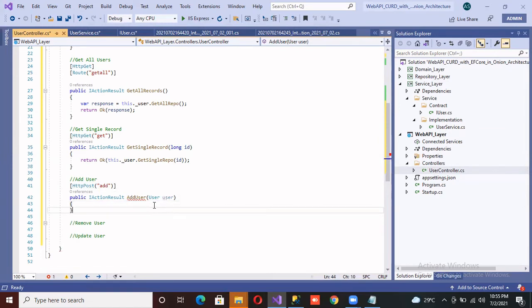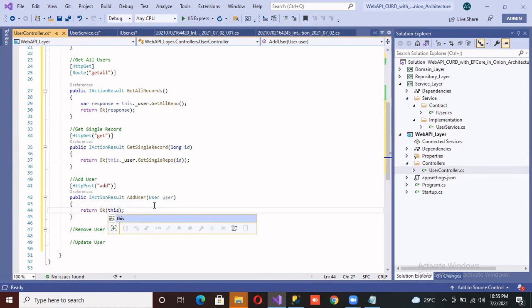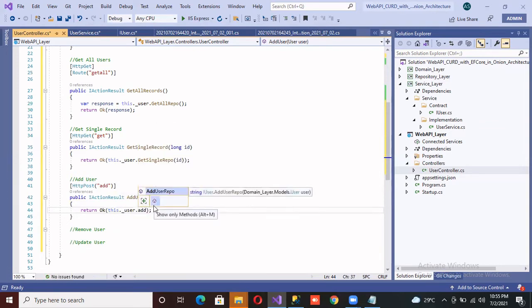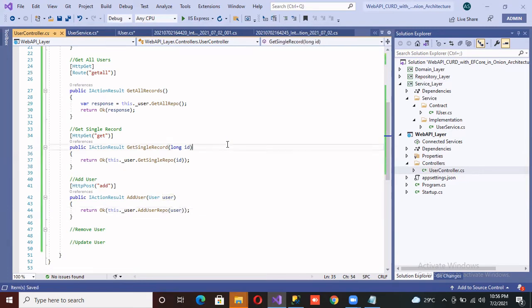Now again I'm going to use return directly, return Ok, and inside of this dot user dot add. So I wrote a method interface to add new users, it's add user record, and it's a parameterized method, and inside of this I'll provide the data. Now we are done with the add user controller.